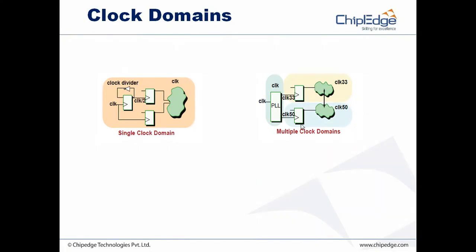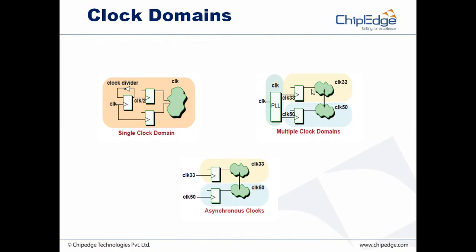This is not an asynchronous clock domain. When you say asynchronous clock domain, the reference to these particular registers is not known. What is the source of this? This can be a different PLL and this can be a different PLL. Different PLLs means they are absolutely asynchronous, so we can call them asynchronous clock domains, asynchronous clocks. The reference can be anything, and this feeds different logic and that feeds different logic, so they are different clocks and different clock domains.